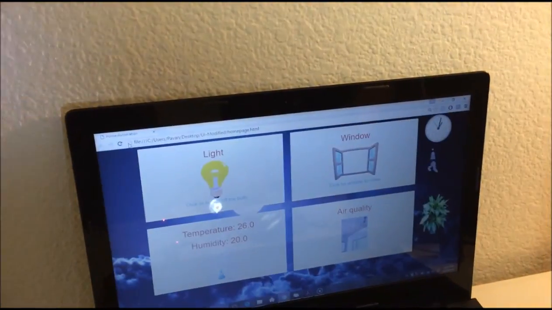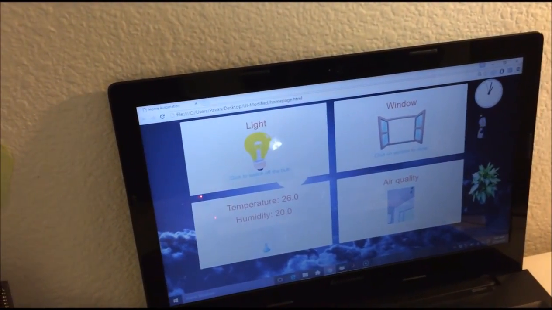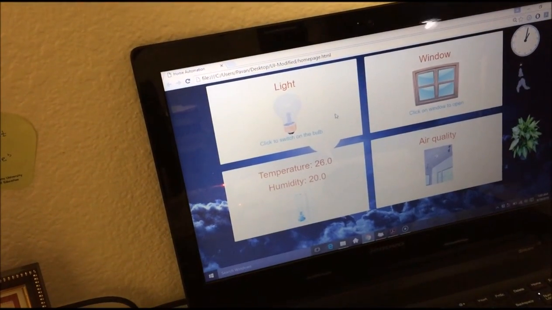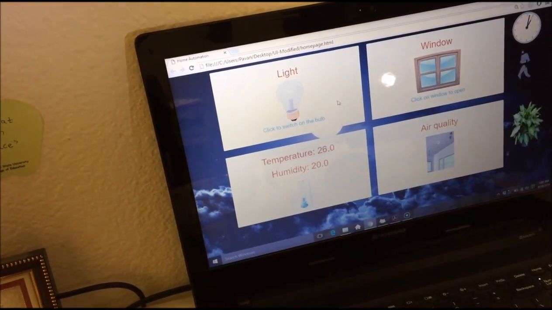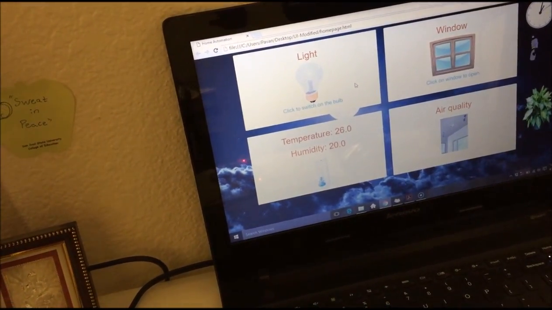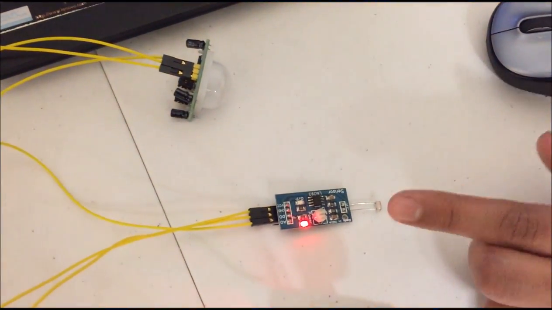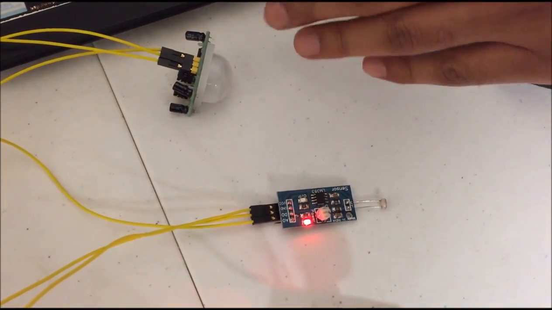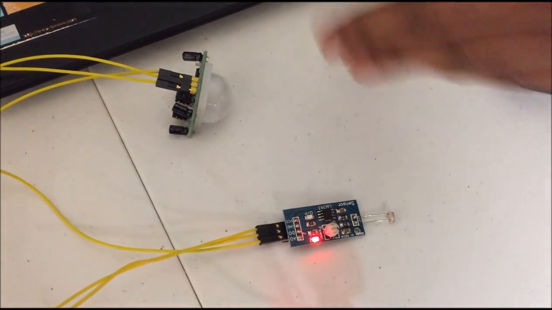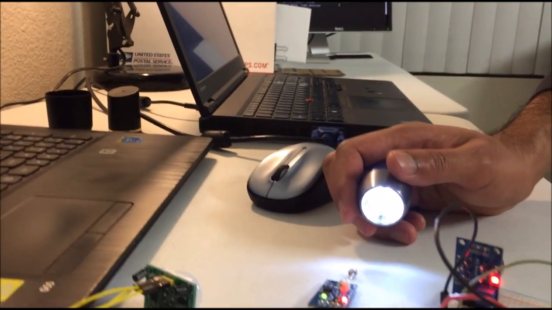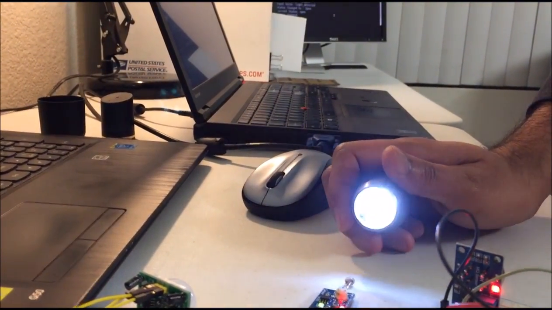Now again I will give a demo of this. Let me recreate the scenario again. I will stop the light, and let the motion be there. So the window is closed now, and the daylight sensor is not sensing anything. Once I put a light source on this, and the motion sensor detects the presence of people, it will trigger the opening of the window. Let me show this. See, you can see the window being opened.